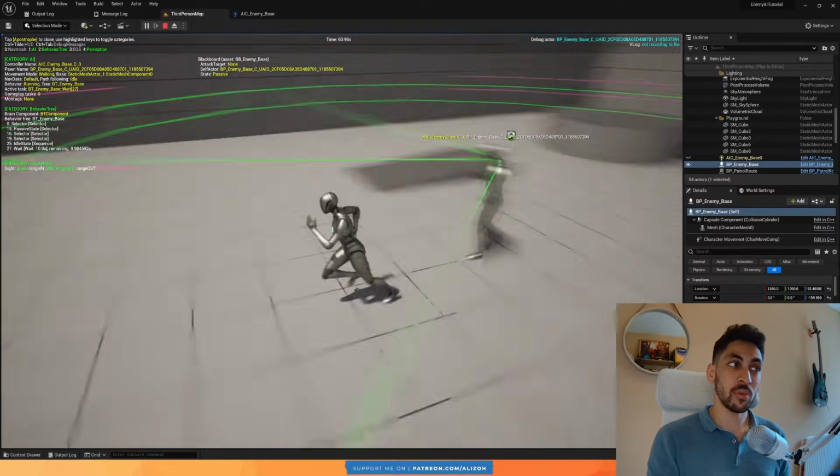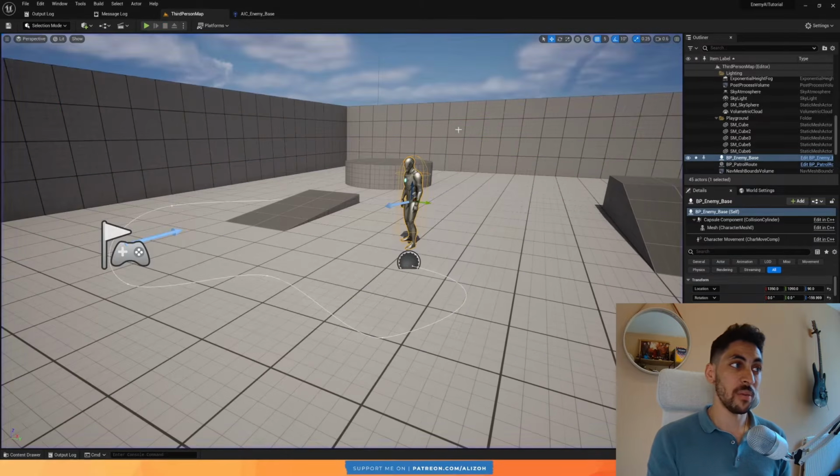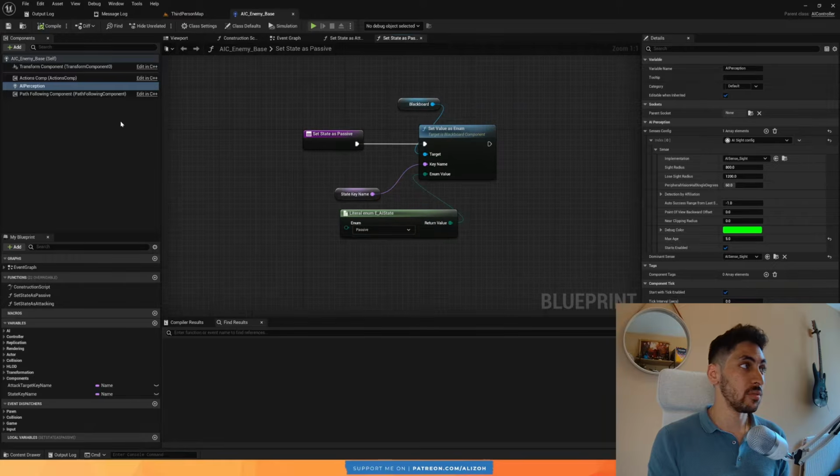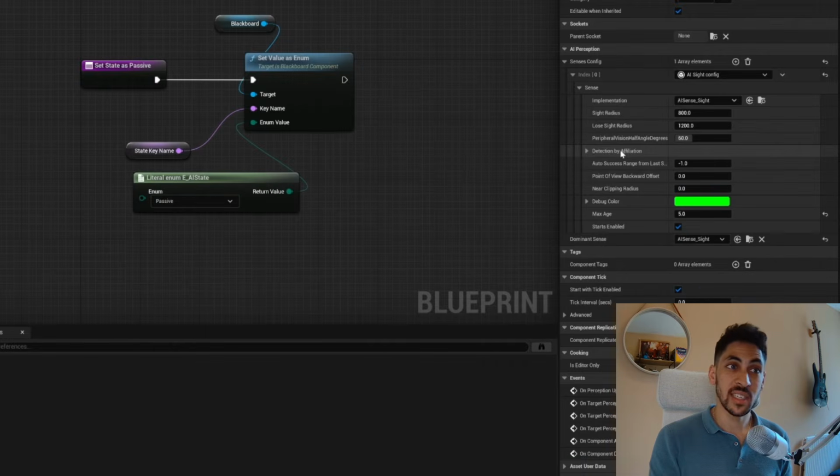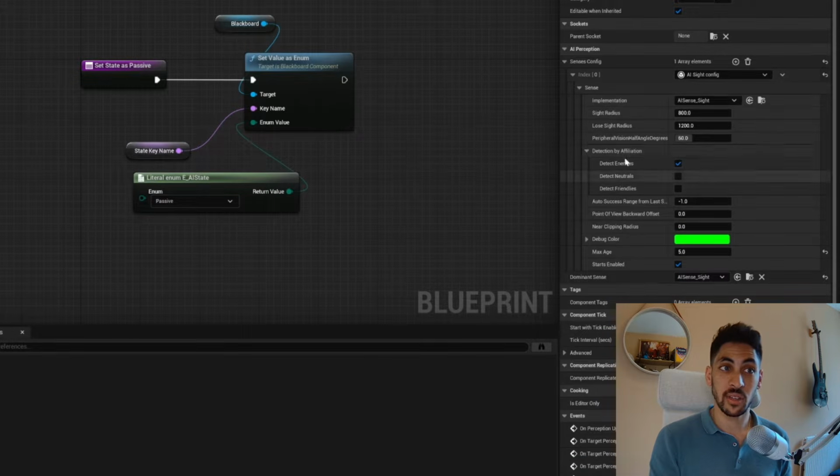One important thing I forgot to mention is if we go back here to our AI perception, is this detection by affiliation. And you'll see here, this is the types of actors that an enemy can detect, whether they can detect enemies, neutrals, or friendlies. Now, this is built for the team agent interface that's only available in C++, so we can't use that here in Blueprints. So I'm just going to select all of them, meaning that the enemy detects everything, they see everything,